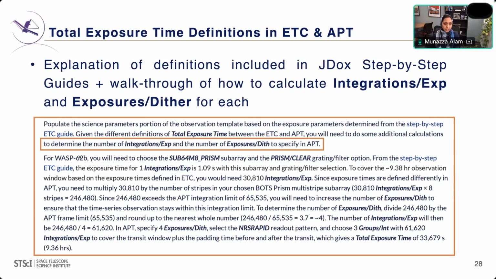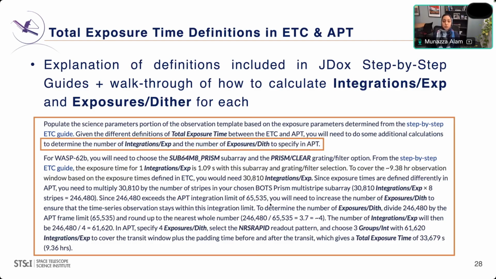In particular, for the ESP, if you wanted your observing window to cover about 9.4 hours, the ETC workbook for a single integration gives an exposure time of 1.09 seconds. And so in order to cover this full 9.4-hour observation window, you would need 30,810 integrations per exposure. For this observation, we're using the sub-64 M8 subarray, so you'll need to multiply the number of integrations per exposure by the number of stripes, in this case 8, which gives you 246,480 integrations. If you try to put this number into APT, you will get an error because APT has an integration limit of